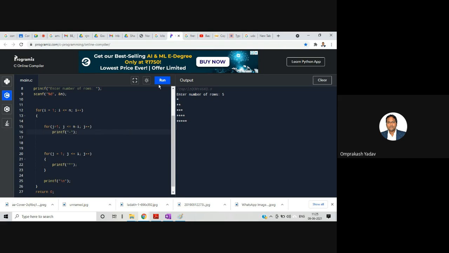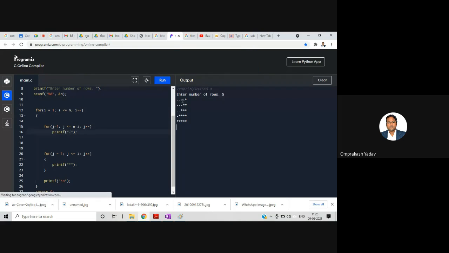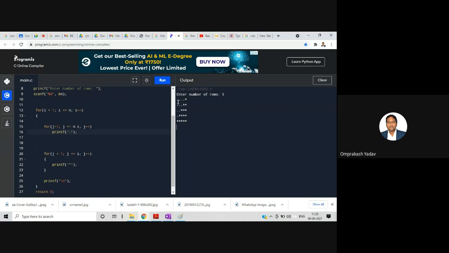And let's check, let's run this. If you see, now I have written the first loop and it's giving me the spaces. So in place of spaces, I just printed the minus sign. So if I remove that and just leave one blank space, run this.